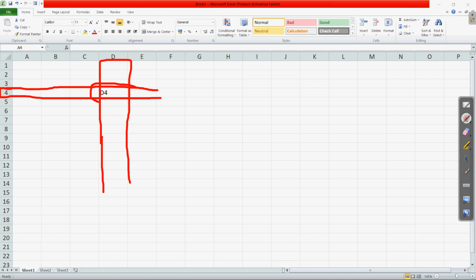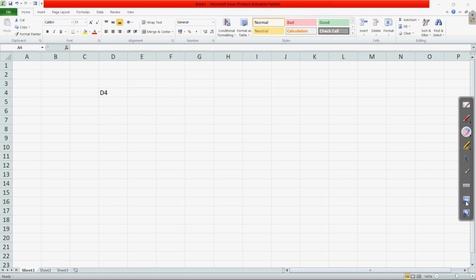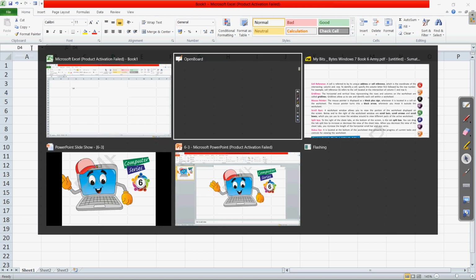Clear? This is the address of that. D4 means column D and row 4. I hope this is clear. This way we can find the address of any of the cells, and the same is also shown when we select any of these cells: the cell address is displayed in the name box at the top corner.